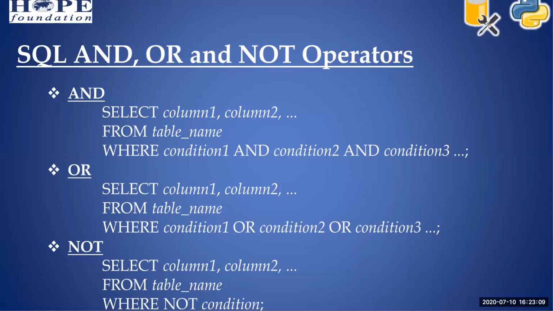In the where condition, first we will give the column equal to that value, and after that we give AND or OR. After that give one more condition, then AND, then another condition. That's all. So you can link as many filters as you want by using AND, OR here. So let's see the examples.